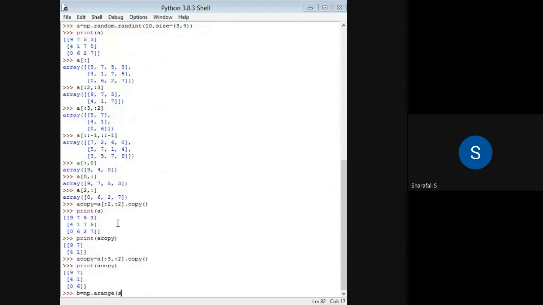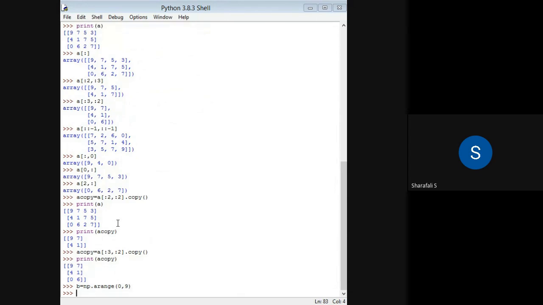That is what I am doing here. You can look into this arange function more deeply. Here I am giving start as 0 and stop as 9. I am not giving any step size or step value here, so it automatically takes the step as 1. Here I will be getting integers from 0 to 9, so I will just use that as my array.